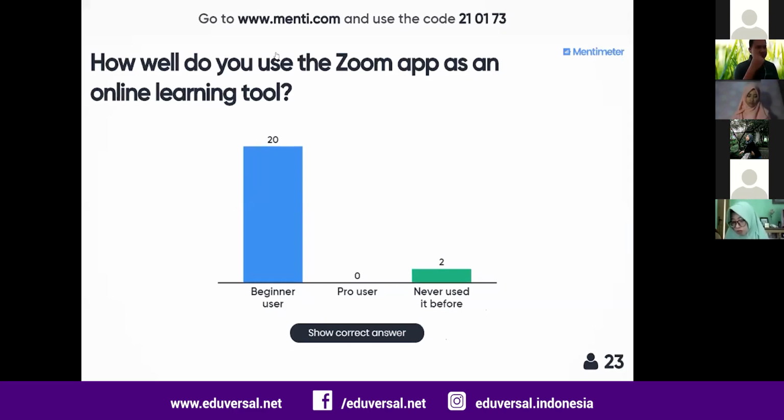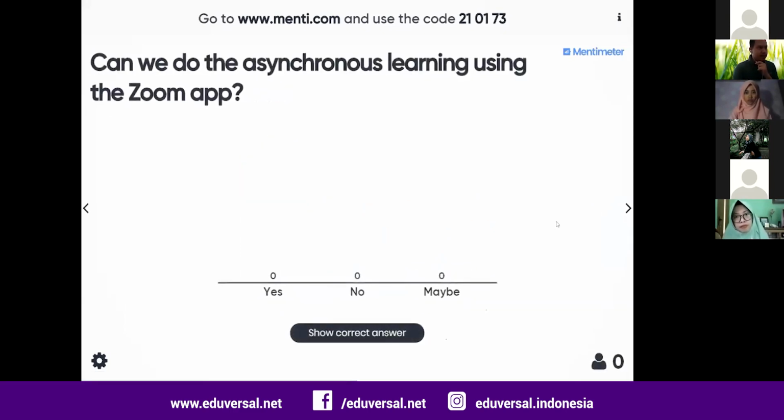Maybe the management. Okay, so out of 24, one pro user. Yeah, you can help me during this session as well. Okay, so at least this is the picture about Zoom usage. And I want to move to the next questions.